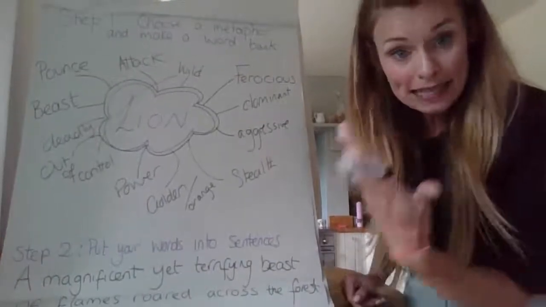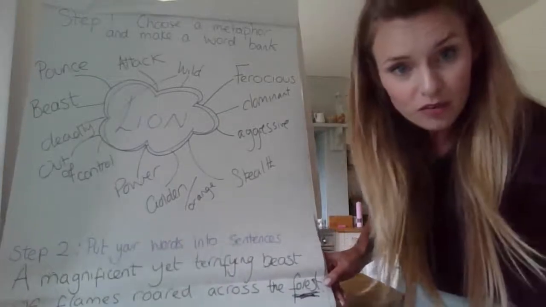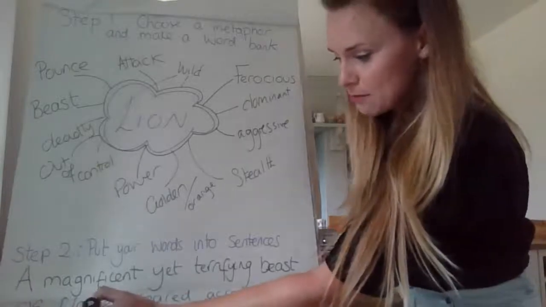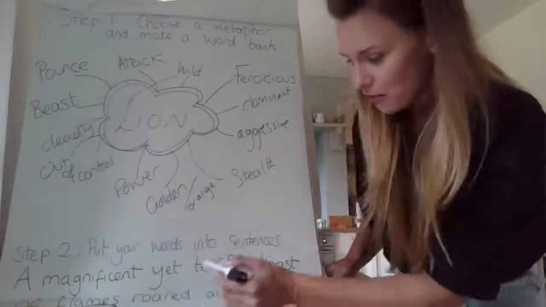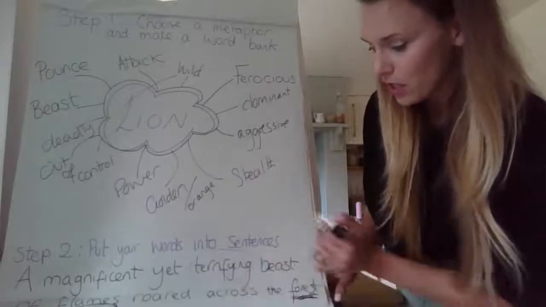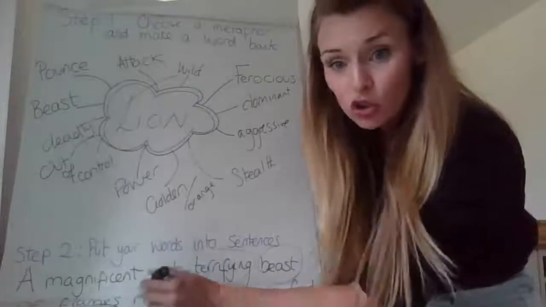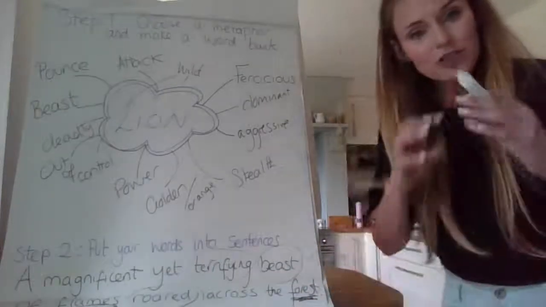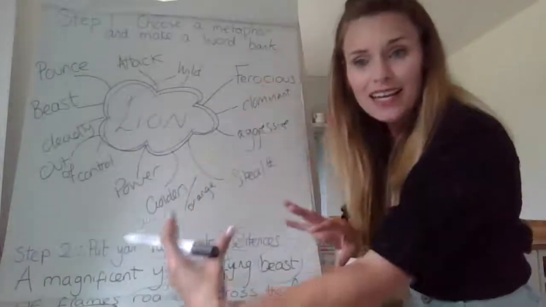So I'm making my metaphor. I know it's in the forest because I'm using the word forest. I'm telling everybody that. And then I've obviously got flames. So I know that's what my metaphor is. The flames are the things that are terrifying. Terrifying is a word I'd associate with my lion. Beast is a word I'd associate with my lion. Roared is a word I would associate with my lion. So we can see that we're starting to build this metaphor together by using some of these words in our